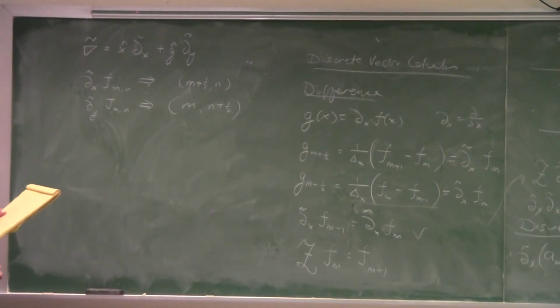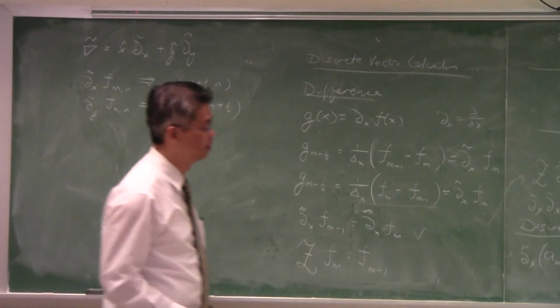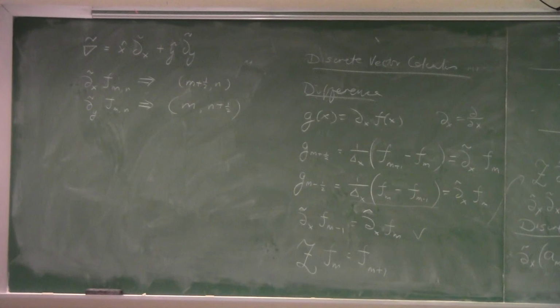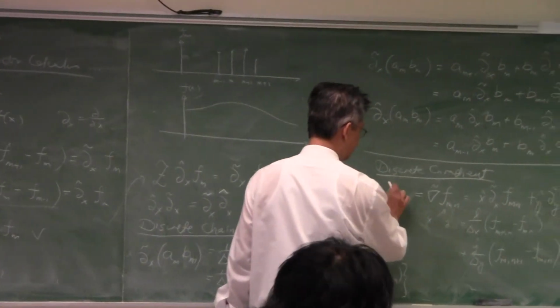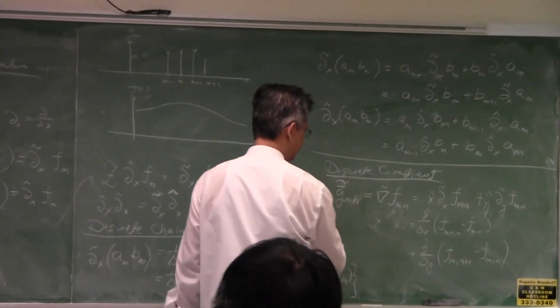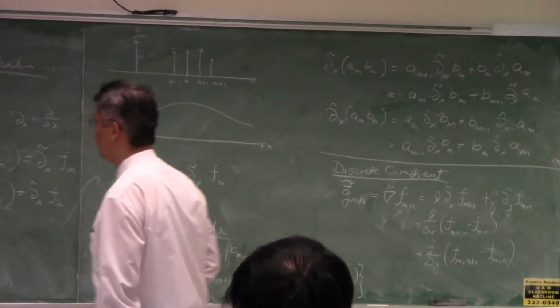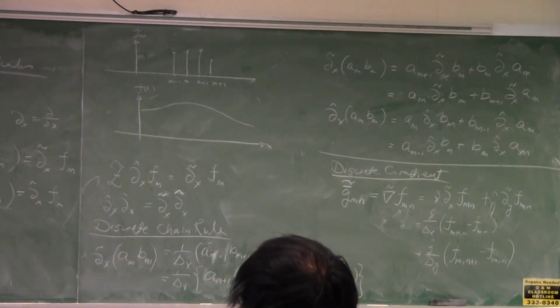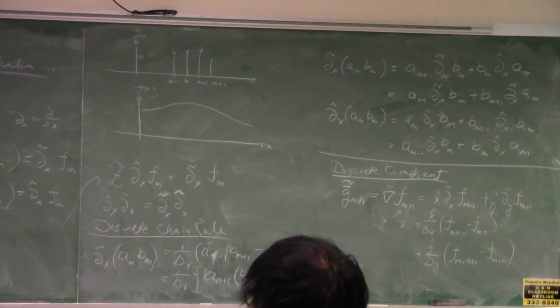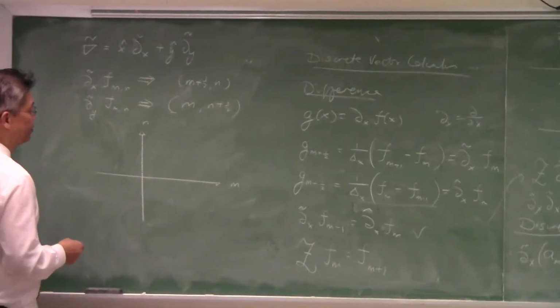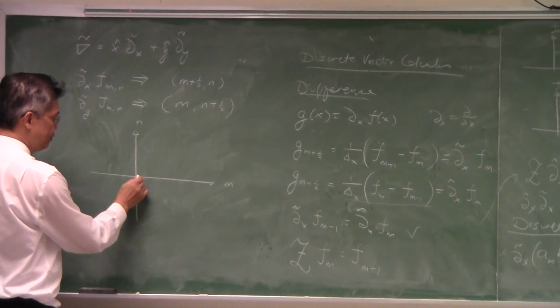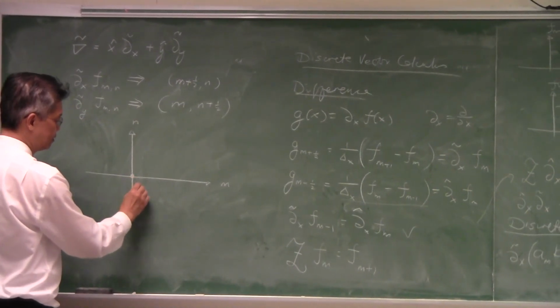So I can think of this vector as not localized. This is a vector. Let me use a bar and a tilde to denote that this is a vector. It's not localized in the sense that if this is m, this is n, this is my x coordinate and y coordinate, and we start with the mn point,